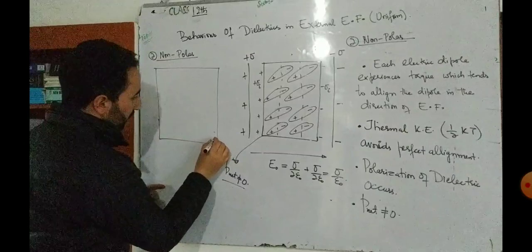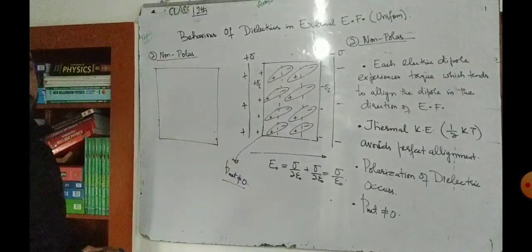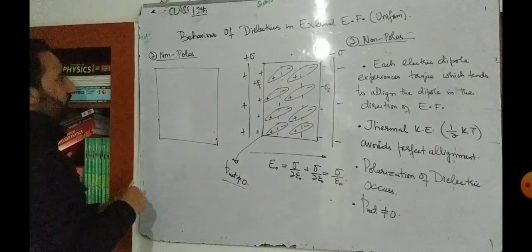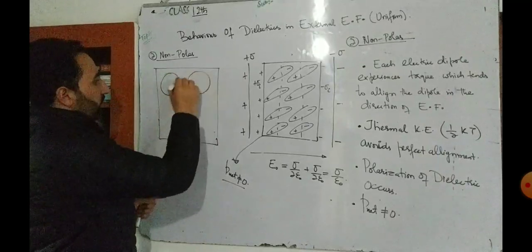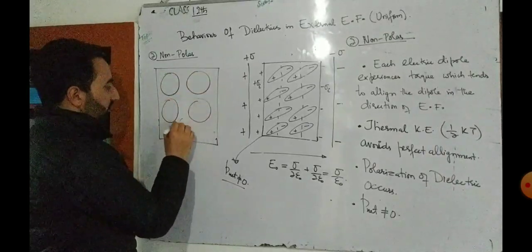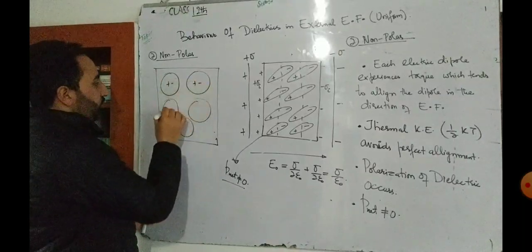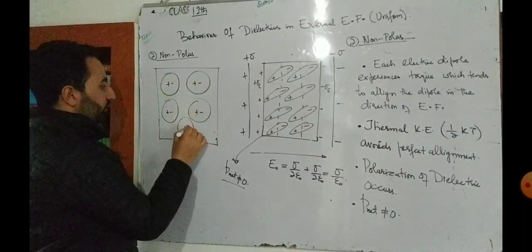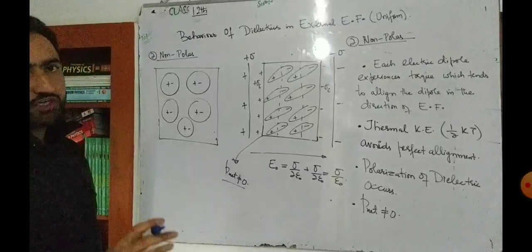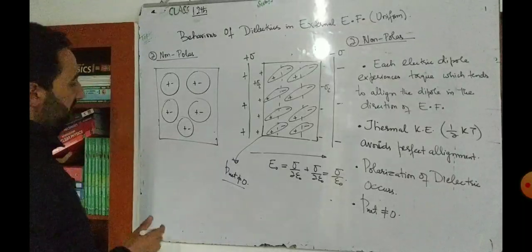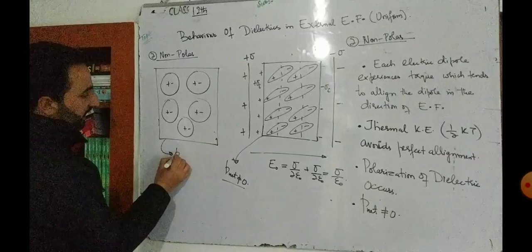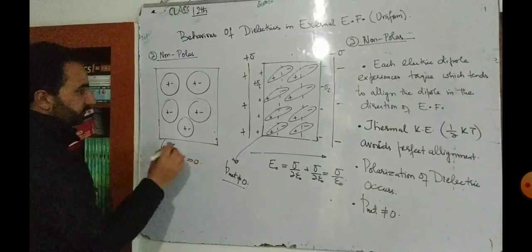A non-polar dielectric is that dielectric which is composed of non-polar molecules. Simple. So these are non-polar molecules like this here, one, another, and so on. ठीक है ना बेटा? Okay. So this positive, negative, positive, negative, and so on. So what is the dipole moment of each molecule? 0. What is the net dipole moment? That is also equal to 0. So net dipole moment is simply equal to 0.